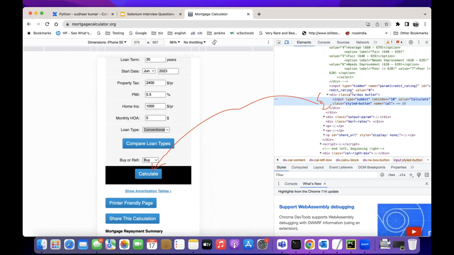We call this a tag. The tag name is input, and it has a name, so you can identify this element by using the name. And this particular element doesn't have an ID. Class name is also there. Class is there, yes. So you can use either class or name. Most of the time we go with ID. If no ID, we go with the name,